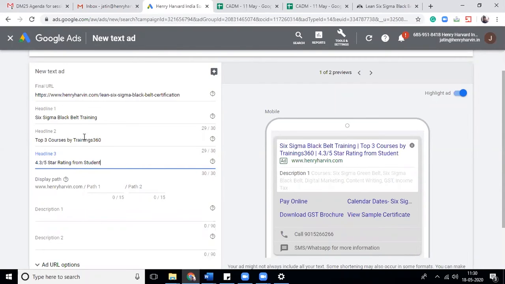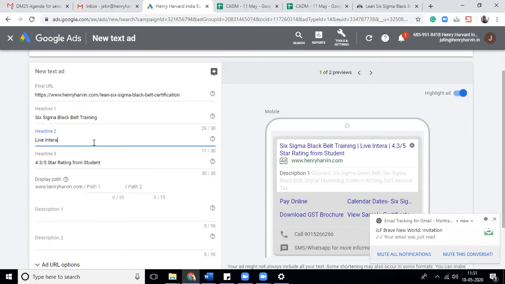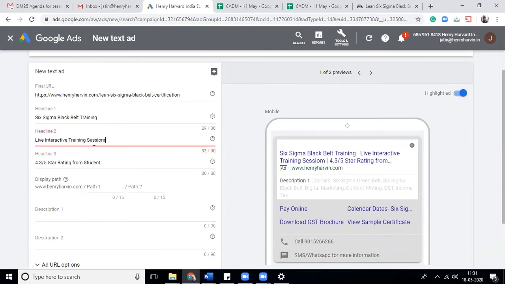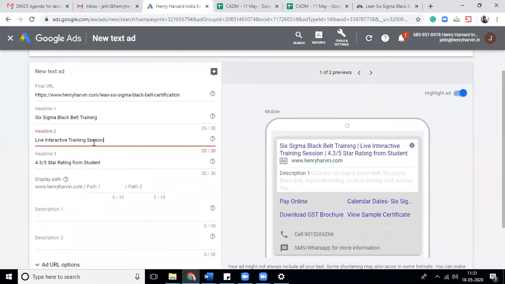Here you add a USP of the product. You can write anything in the USP of the product. Live, interactive training session. Okay, and then you have to edit it.